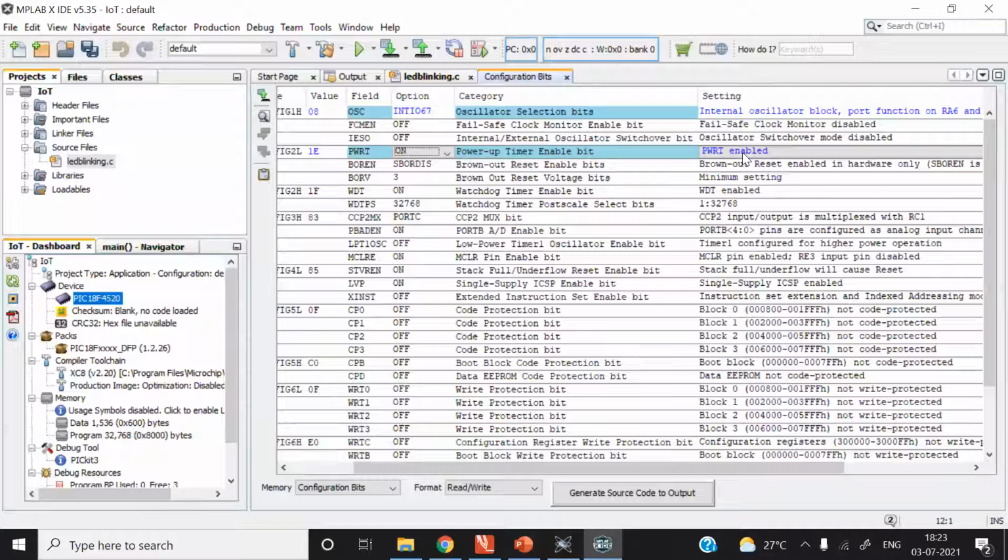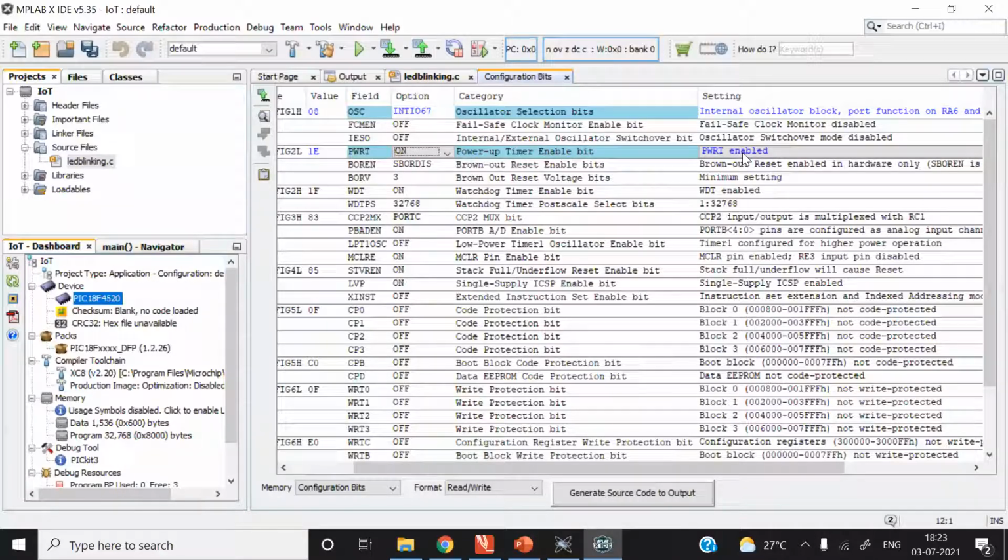For example, if you have selected an oscillator for 4 MHz frequency, as soon as you switch on the power supply for the microcontroller, at the beginning the oscillation frequency may not be 4 MHz, because the oscillator requires some time to get a stable oscillation frequency. And during this transition period, if you want to delay the program execution, that is possible with the power up timer.